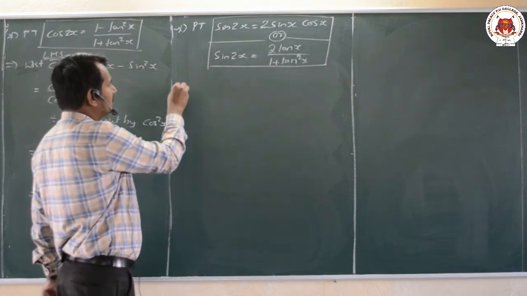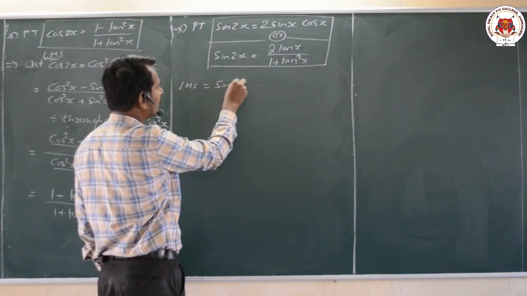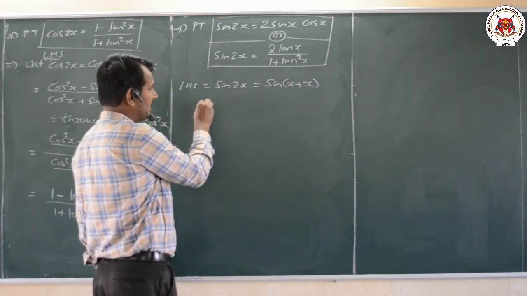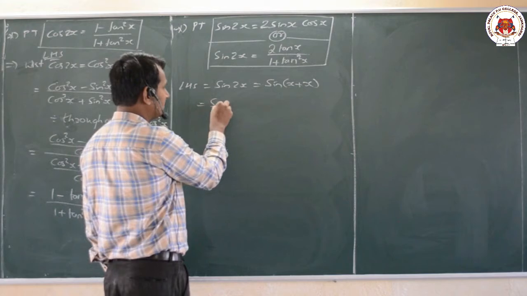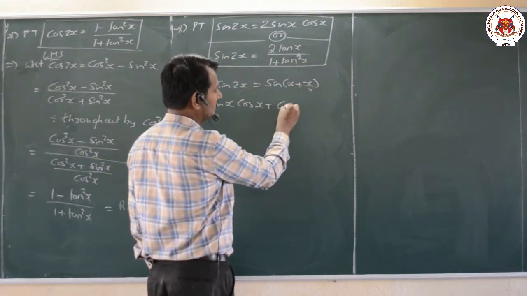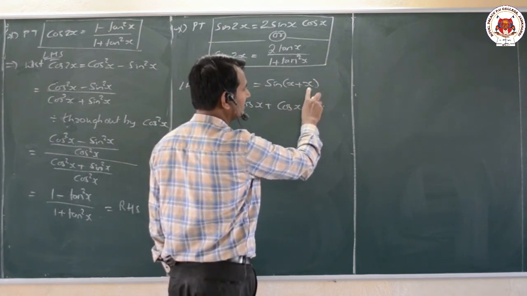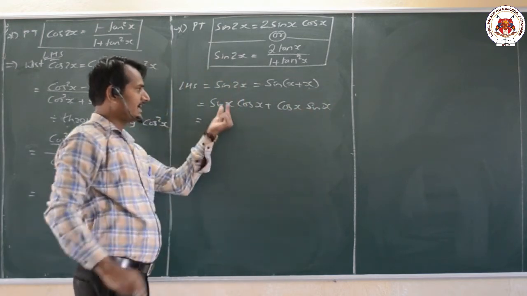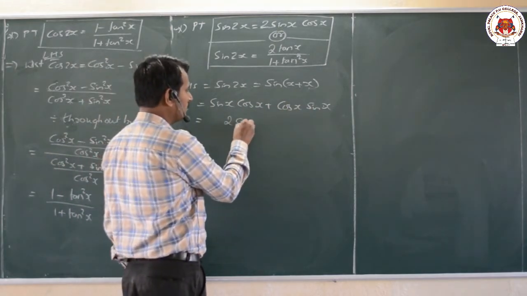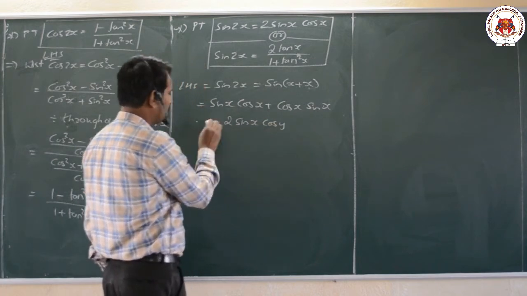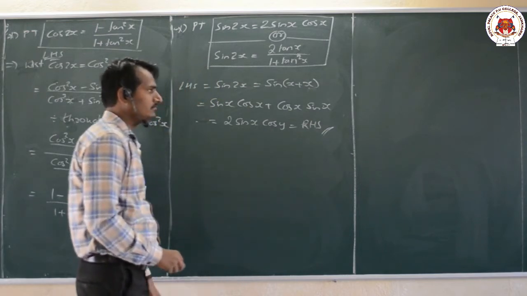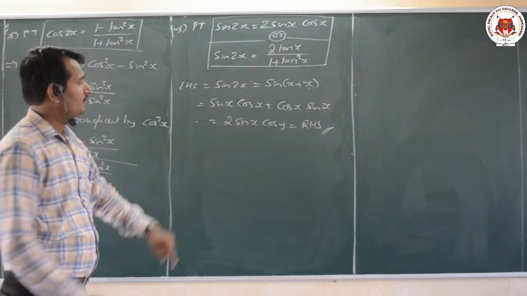Now, let us take the LHS part. So, we are having sin 2x. Can I write it as sin of x plus x? Very simple. Now, the sin of x plus y formula, just now we had seen, that is sin x cos y plus cos x into sin y, where y is again x only. We can observe that sin x cos y and cos x sin y, that is 1 plus 1, by adding I can get 2 sin x into cos x. Now, which formula is it? That is nothing but our RHS, the first thing. Now, just now we had proven, we know that.